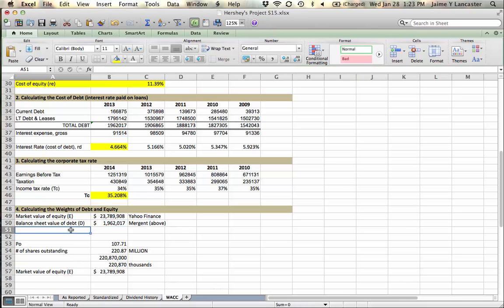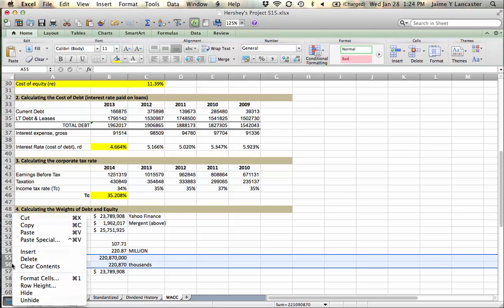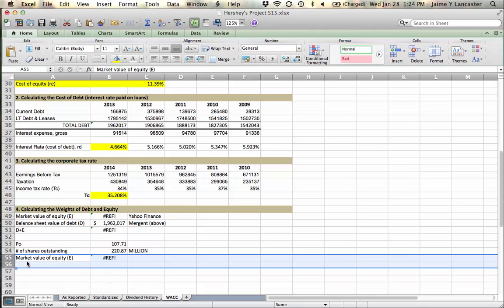So then the amount of money that funders have provided, right, that owners and lenders have provided is D plus E, or E plus D, depending how you want to put it, but it's both of these added together, right? The amount of external funds that have been provided to the company, 25,751,925, although we know that's actually in billions. So then we can calculate the 2 pieces of information that we need. I'm going to delete these 2 rows because that's just my work. And I want,